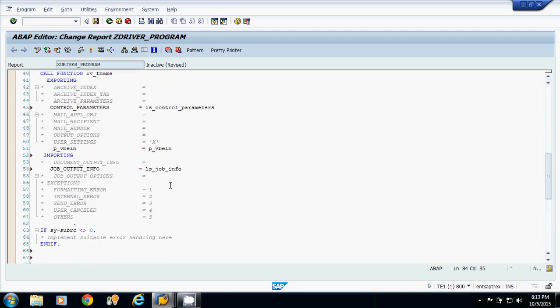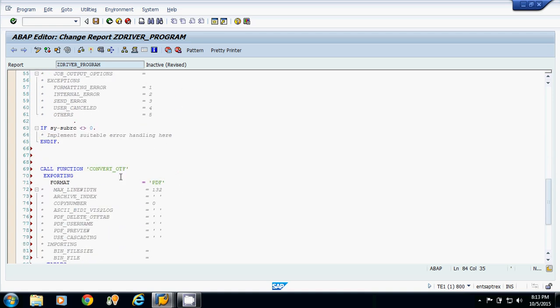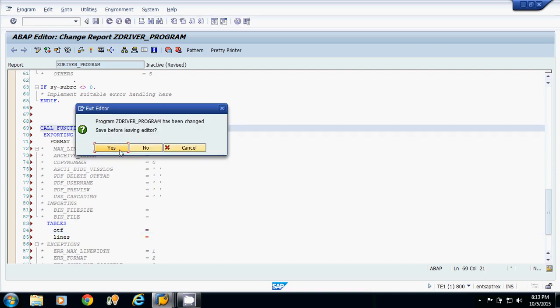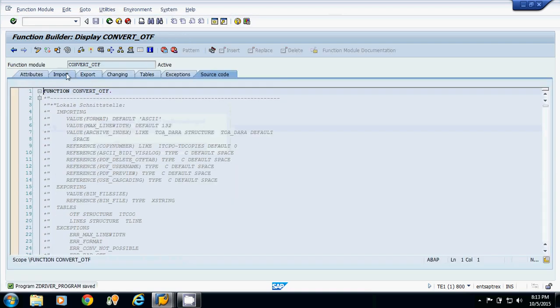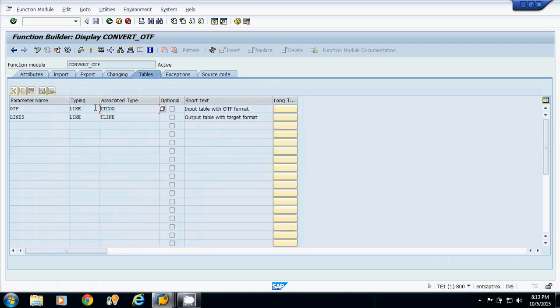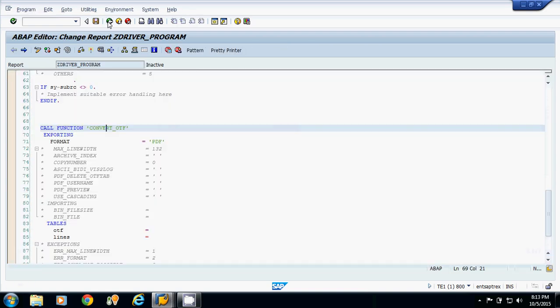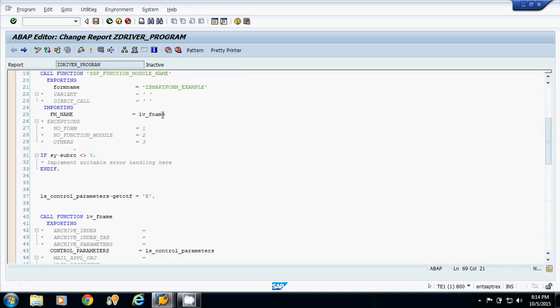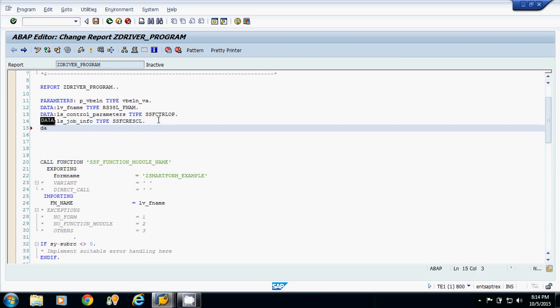Now if I go to convert_otf, this OTF is of this type, and this line is of this type. So I will declare two internal tables of this type. Firstly I am declaring lt_otf type table of this.